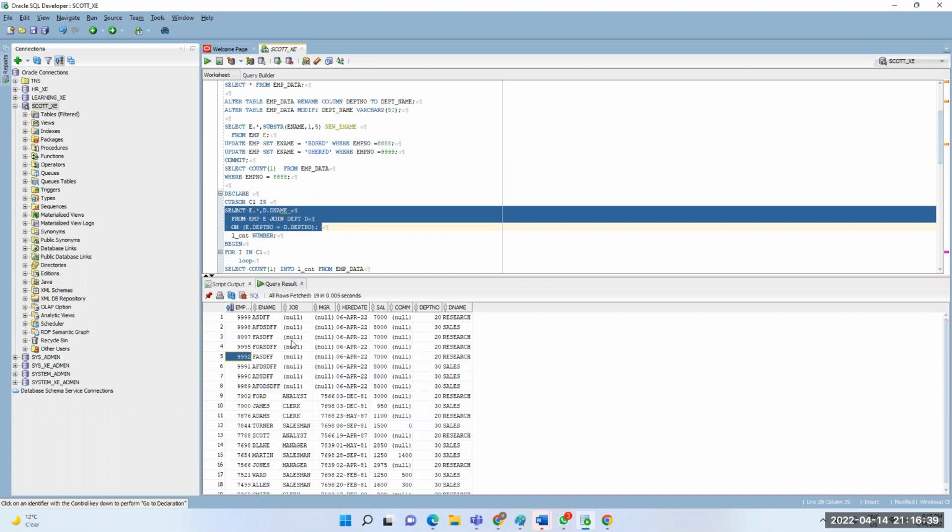Yeah, I got it. So basically now you're trying to insert the data in the EMP table, and after that, from the EMP table you are trying to get the count. If the count matches, then we are updating the EMP data table. Correct. Actually, first load will not have data, so it will insert the data.